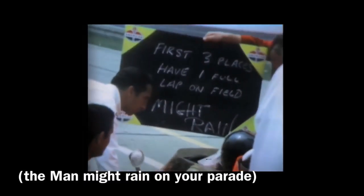Of course, the pressure is really on these pitmen. Stop could be very important. Very important. Let's see what this sign is. 3 cars have 1 full lap on the field, and it might rain. Now, what's the significance of that? Well, I think he's telling Joe to get the lead if he can. Bobby Unser in the pits very soon now. Pit stops have been really fast, anywhere from...